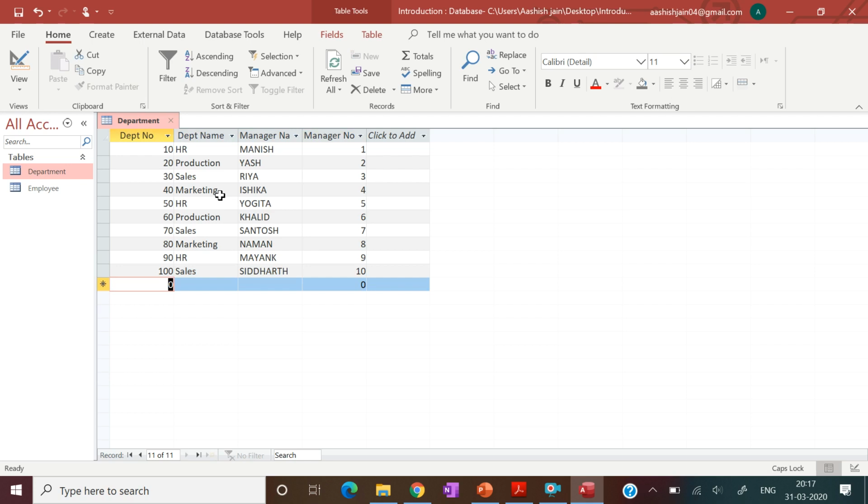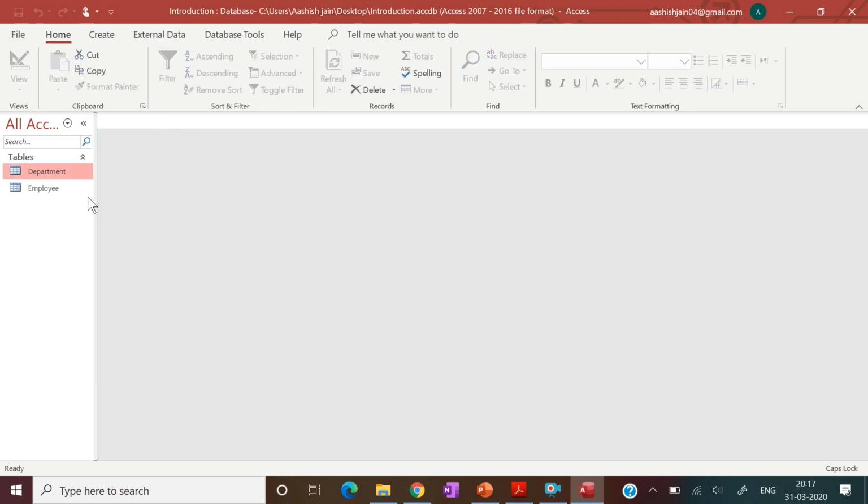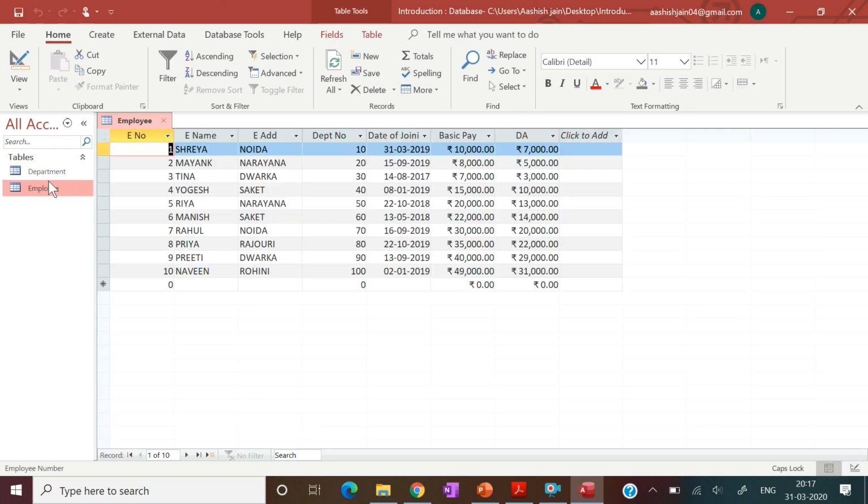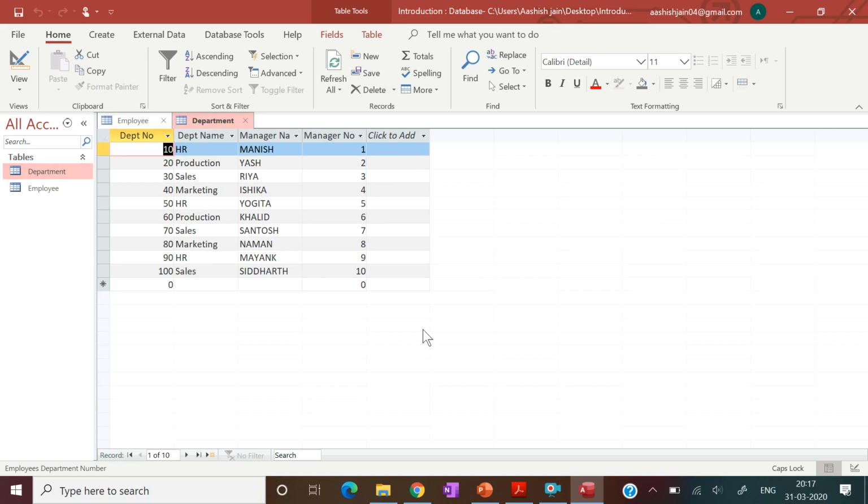Now press Ctrl plus S and then close this. So we have created both these tables, the employee table and the department table.